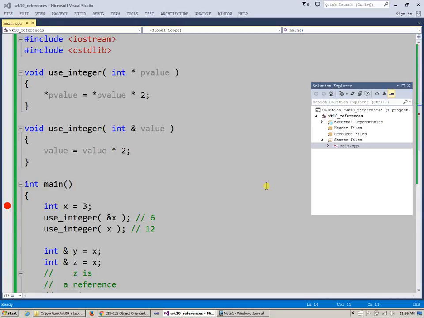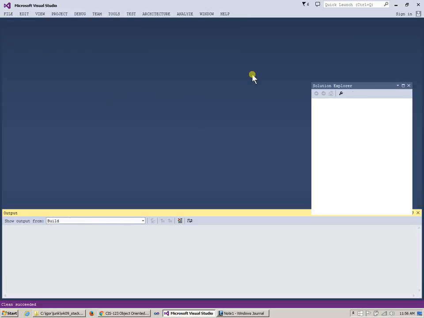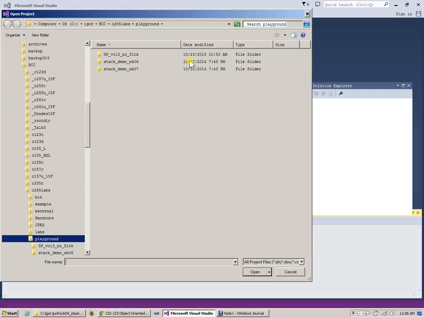So our demonstration of the basic reference concept is over. I'm just going to say, typically, you can clean your build to remove some temporary files and then say File, Close Solution, to make sure that we're no longer holding on to this specific location. And this time I'm going to say Open Project Solution and reopen the,